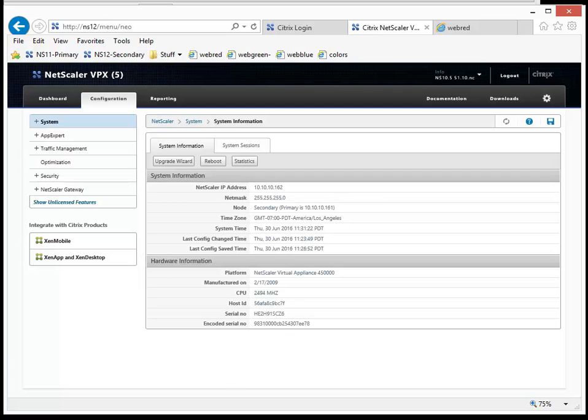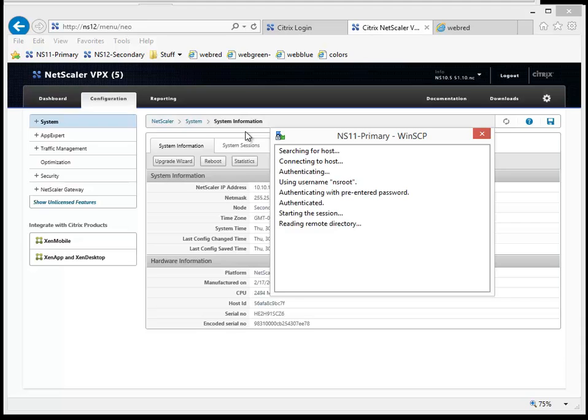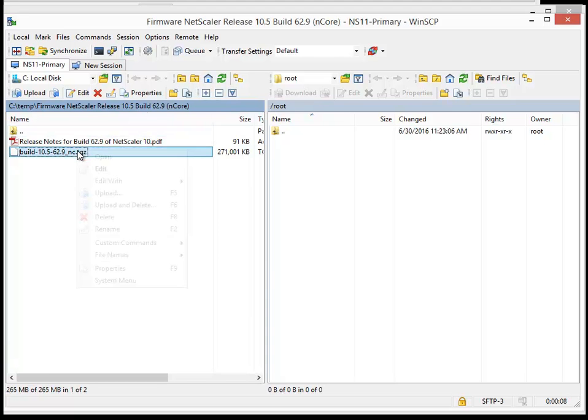Now before we do the upgrade, I want to copy the actual zipped files or the firmware files up to the appliances. That way there's no worries about network hiccups. So we're doing a secure copy. So we bring up our SCP tool,